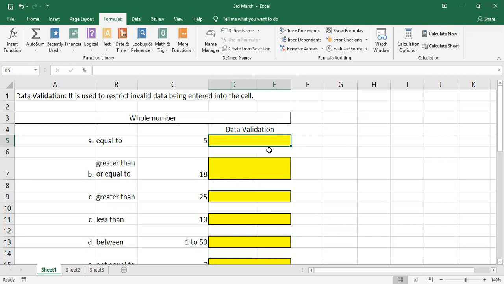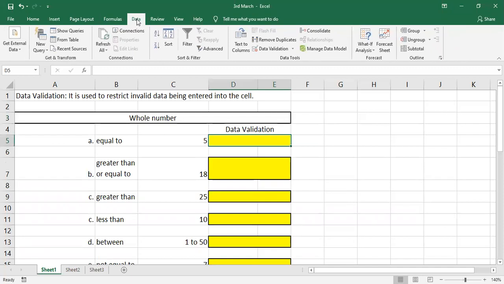It should not accept any other value, and it should not even accept text. It should accept only a number, and which number? Only 5.